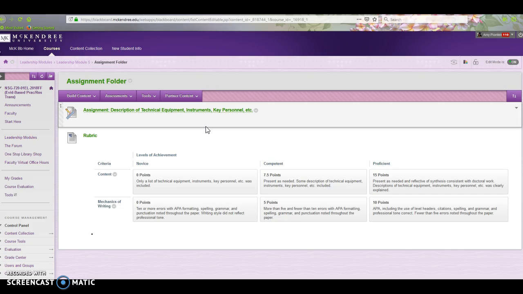equipment. But I would like for you to really think about that for a moment, because if you're using any kind of computer survey, like a Survey Monkey, then that is considered technical equipment. If you are going to be implementing a new program in the facility in which you work, where you are distributing information to the nurses or to the staff, and you're using the computers at work, that would be technical